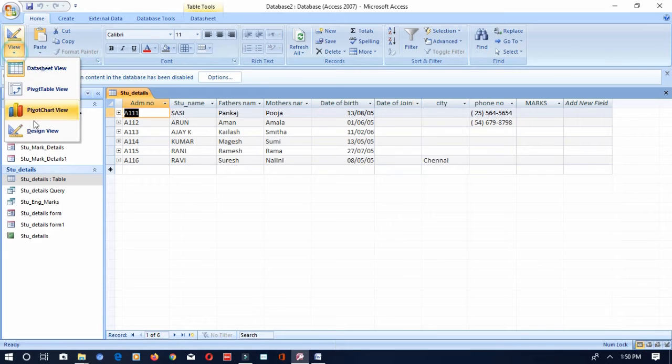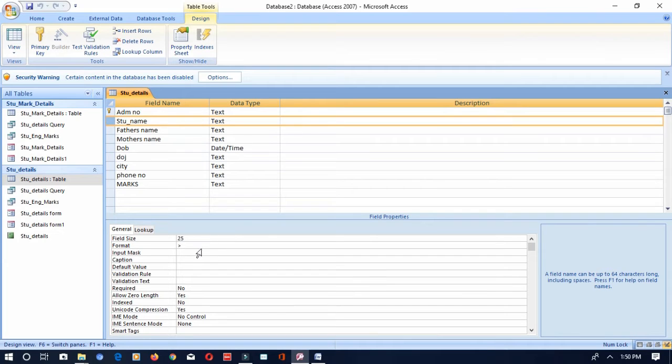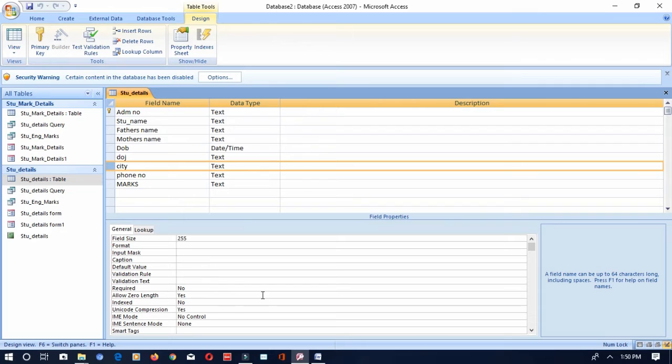We will go back to the design view and change the other ones. So the field name will be in student name only up to 25 characters it will take. So if you wanted to, next is what? Default value. If you wanted to display some default value, for example, class, in one particular table all the students will be in one class, or all the students will be only from Chennai. So you know that value will be the same for all the fields. That time you can use this